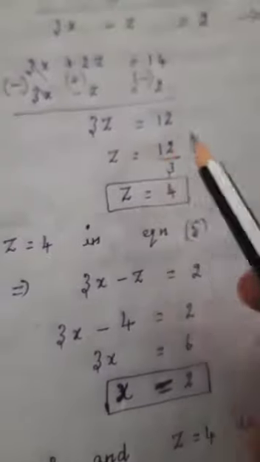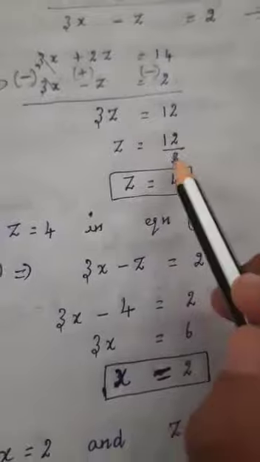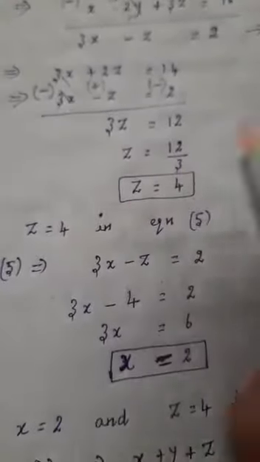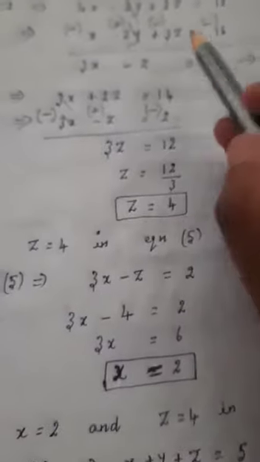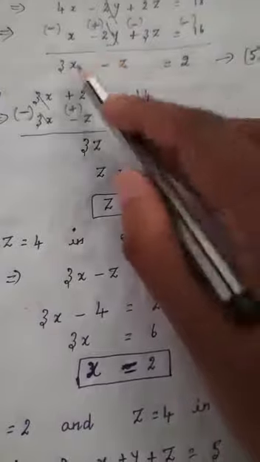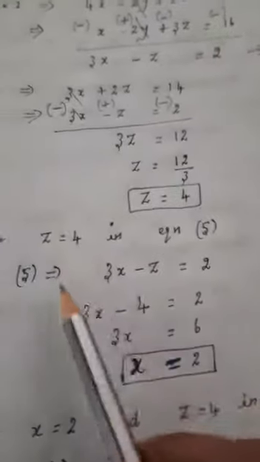So subtract and take the bigger number's sign, that is 12. Now z is equal to what you have got, then this is a multiplication, while I am bringing it there, it will become division. So z is equal to 4 we have got. Now one variable value we have got. So this z value you have to substitute in the fourth equation or the fifth equation. If you substitute here, you can get the x variable. Okay, so any equation, fourth or fifth, any easy equation you can substitute. So now we are going to substitute in the fifth equation.